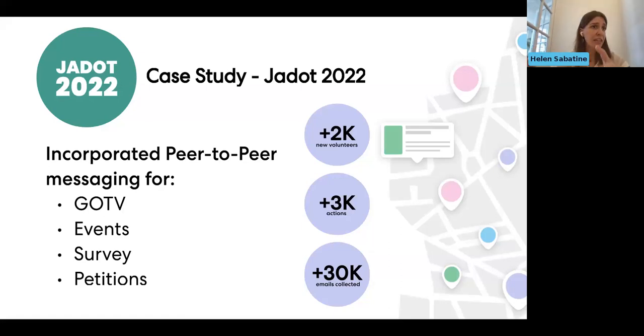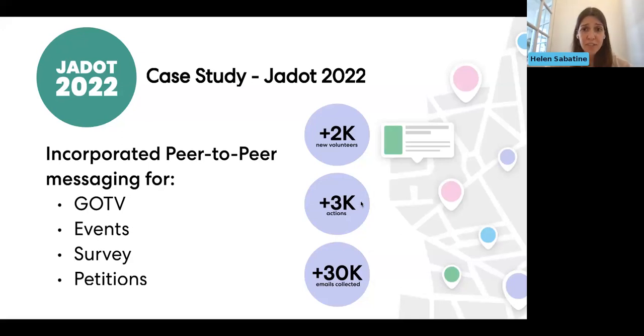So next here, if we really focus on that aspect that I just spoke about, those meaningful connections, I'd like to bring up here our case study that we had with Jadot in 2022. So for a bit of context, Jadot ran for the 2022 presidential election, where they incorporated relational organizing into their campaign. They used Qomon for their peer-to-peer messaging features to reach their community for several reasons, some being get out the vote, right? Events, inviting or asking your volunteers to invite their friends, their family to rallies, to events that were happening in their area,